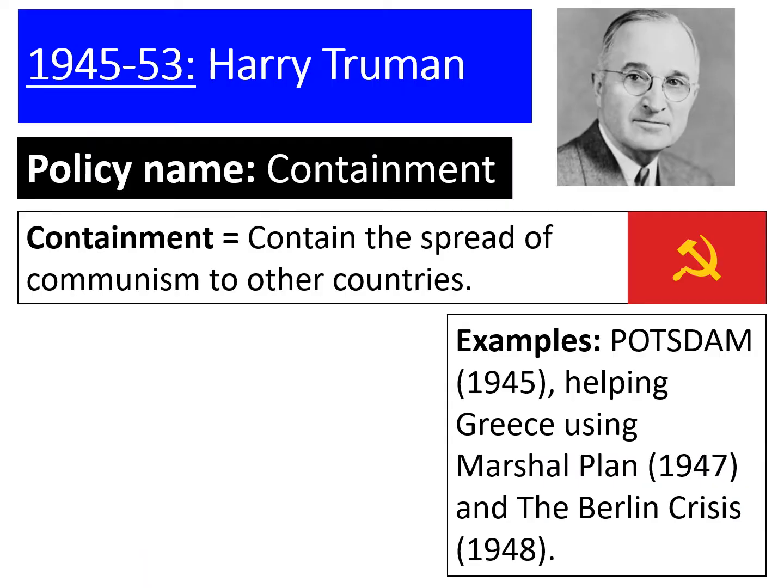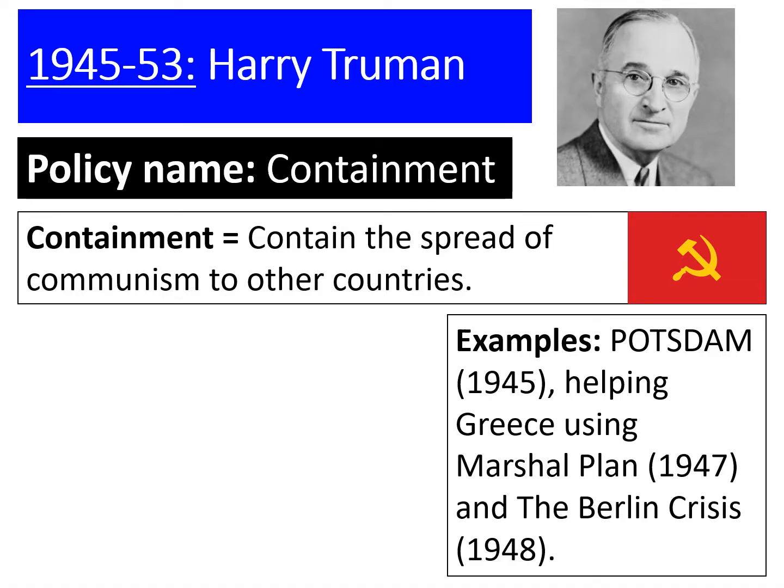Okay, so let's start with President Truman. Truman was president right after World War II. President Roosevelt actually dies just before World War II ends, so he never sees the end of it. Truman takes over in 1945. He is the president that drops the atomic bomb on Japan, which ends the war and effectively starts the Cold War with the Soviet Union, or the USSR, who are a communist country.